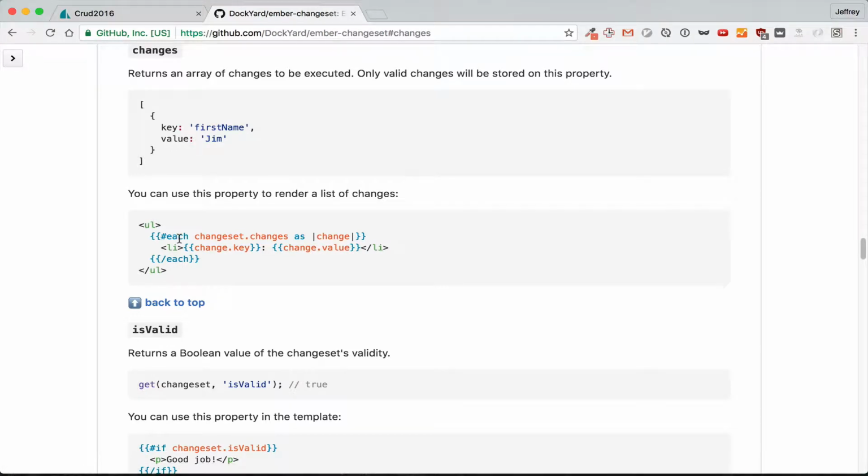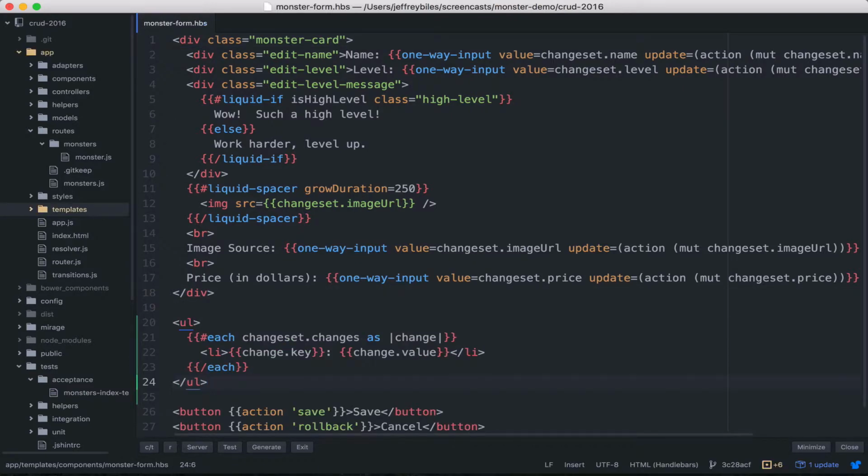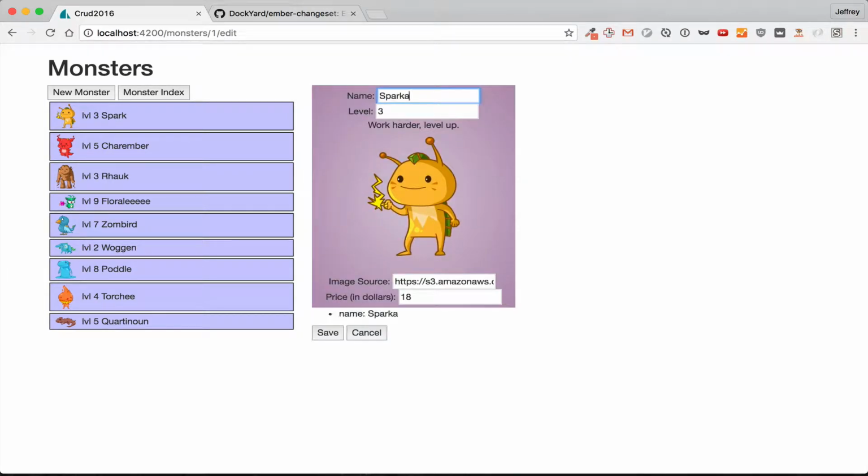The changes property returns an array of objects, and those objects have a key property and a value property. The easiest way to use it is what they list here in the documentation. So we'll go ahead and paste that in here, and then we'll be able to see when we edit the monster and we make changes, it'll give us the thing that we're changing and what we're changing it to. So this is already pretty cool. We're going to be able to see what properties we're making changes to when we hit save, but we can